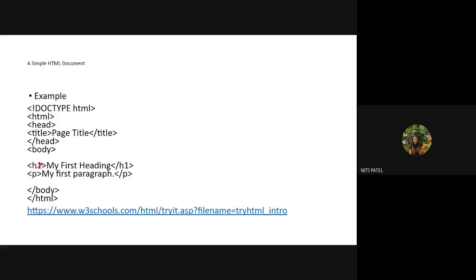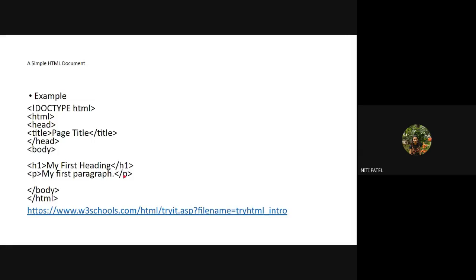तो इसका start tag क्या है? H1. Content क्या है? My first heading. और end tag क्या है? Closing of H1. Again, take an example of paragraph P. P start कैसे हो रहा है? Open the angle bracket, write P, close the angle bracket. So this is nothing but the start tag. My first paragraph is the content. What is the closing of your paragraph? Backslash P is the closing.